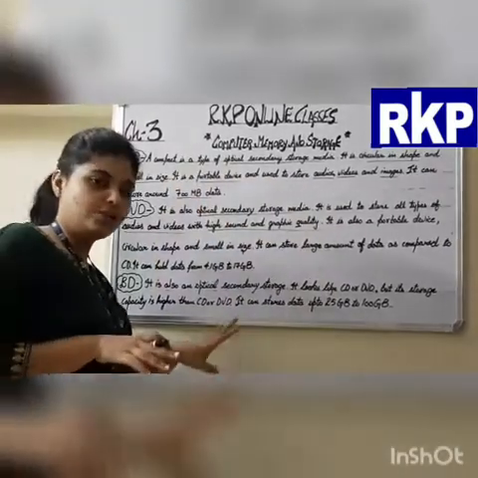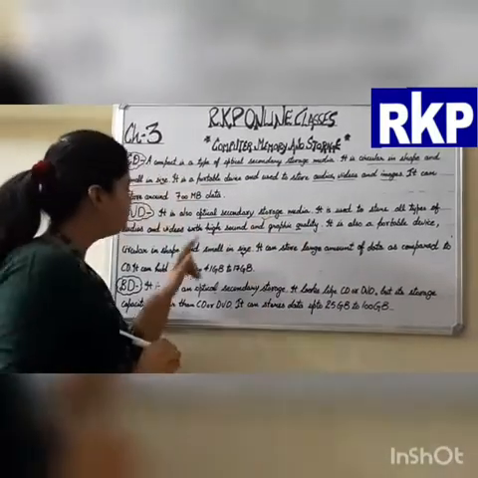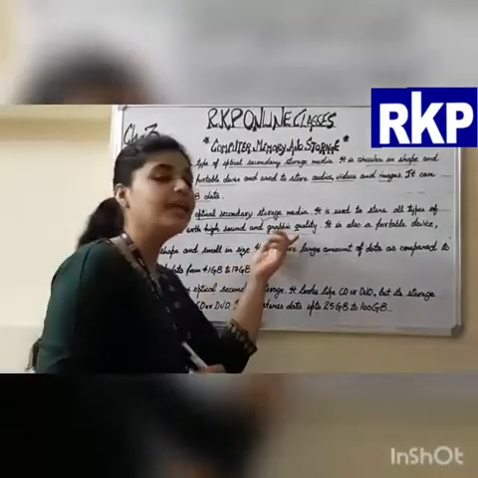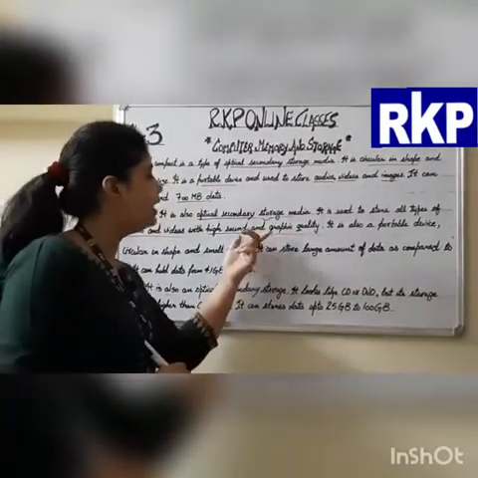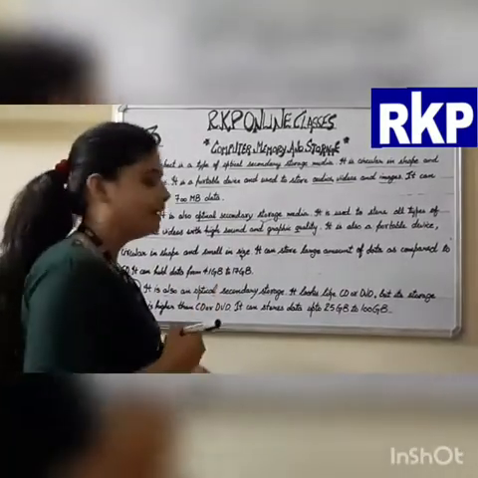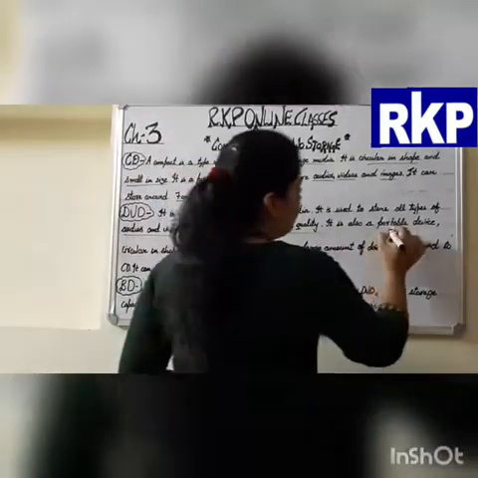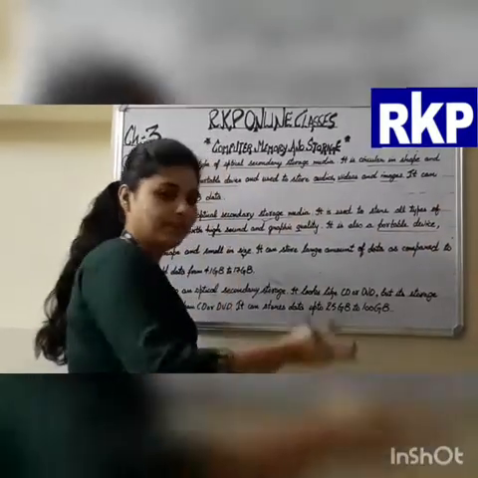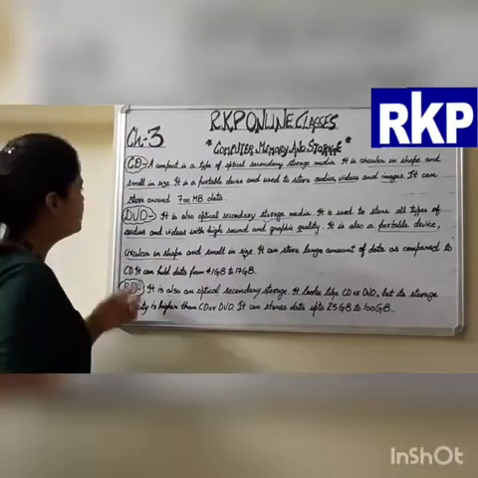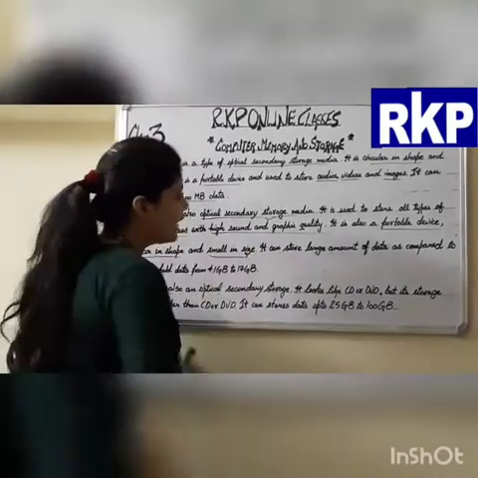Both are circular in shape, both are small in size, but a DVD can store all the audio and video files with high quality. Means the quality in DVD is much better than the CD. The data will be stored in DVD with high quality. It is also a portable device that we can easily carry from one place to another, and similar to CD, it is circular in shape and small in size.